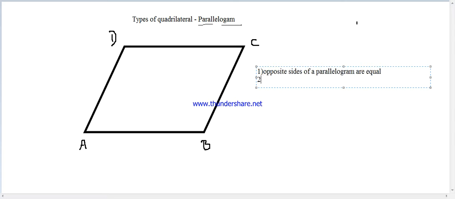Number two is opposite angles are equal. Opposite angles are another point to be noted over here. Opposite angles are equal. And point number three,